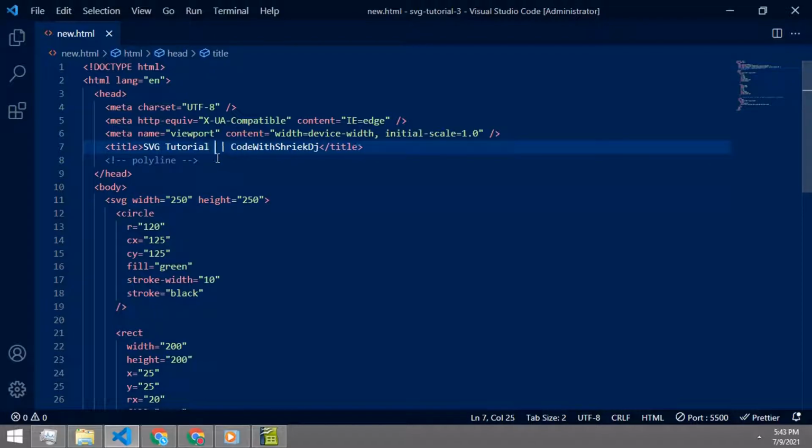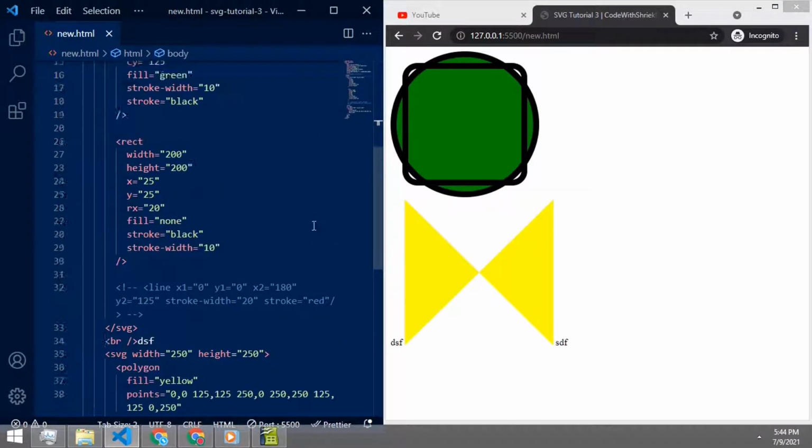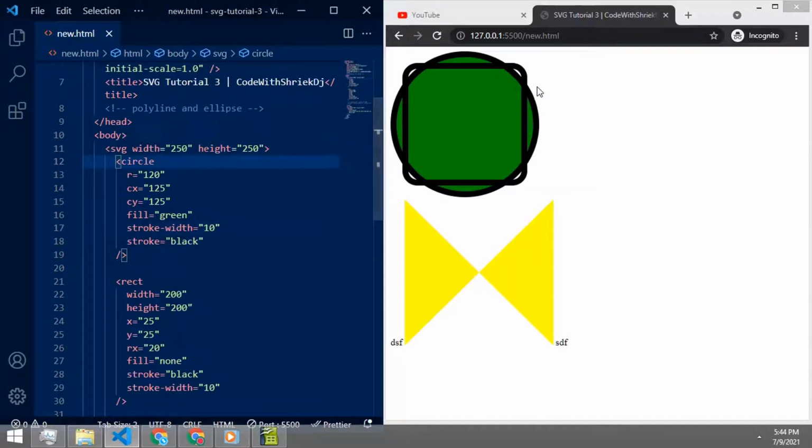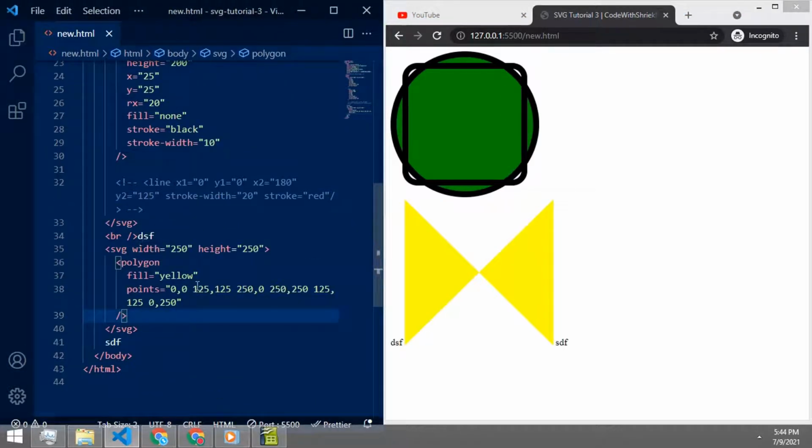Today I'm gonna talk about how to create SVG. This is the third tutorial of our SVG creating by ourselves by coding. In this part we are gonna talk about ellipse and polylines. Both are shapes similar to circles, lines and polygons, but we will talk about how to create them. But before that, we need to just change the values here.